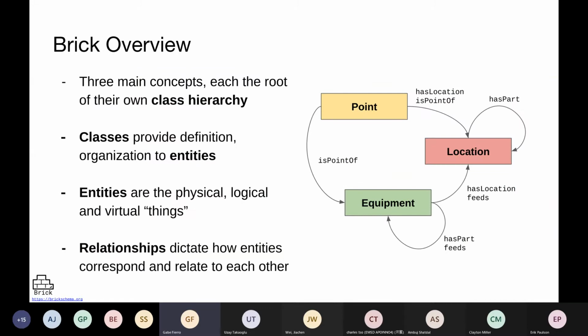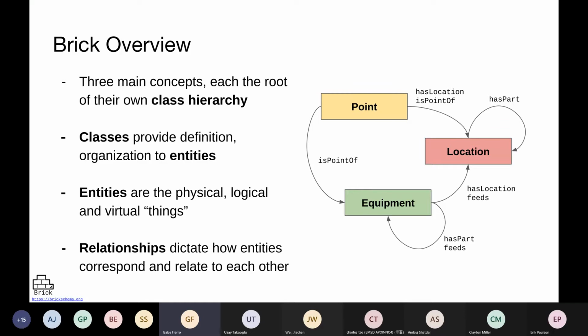And those instances of those classes are tied together with a set of relationships. Those relationships convey elements like the association of data with some context. So the isPointOf relationship will associate your data source with the equipment that it's about or the location it's about.